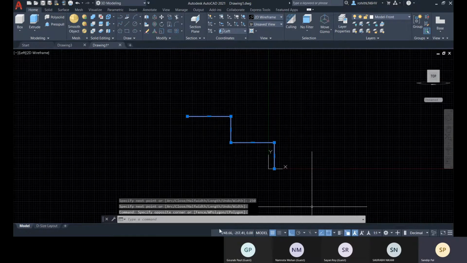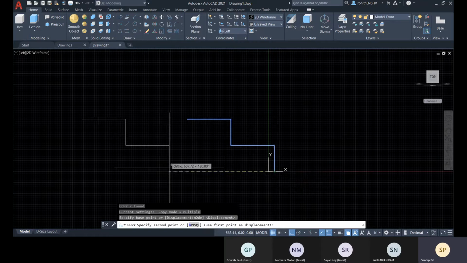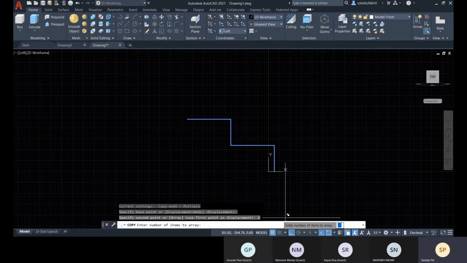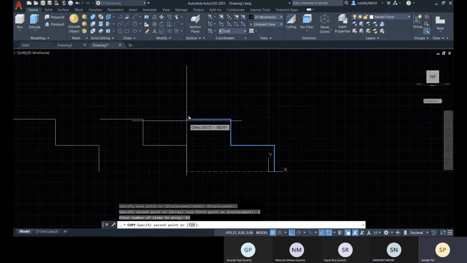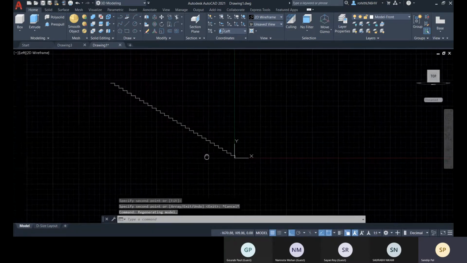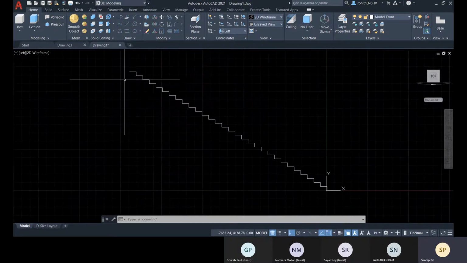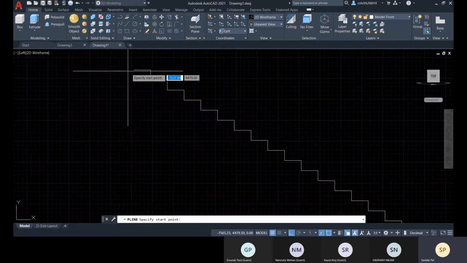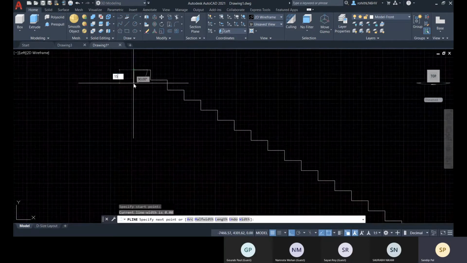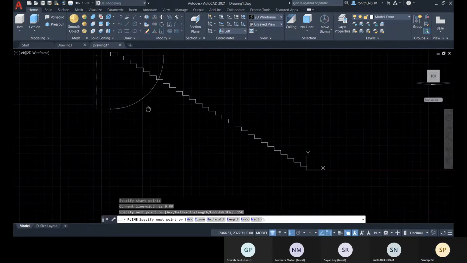Now let me do this with copy, base point, and then let's go with array and number of items. Let's specify like 15. Second point is there. This is done. Okay. Now 150. Enter. And then you have to